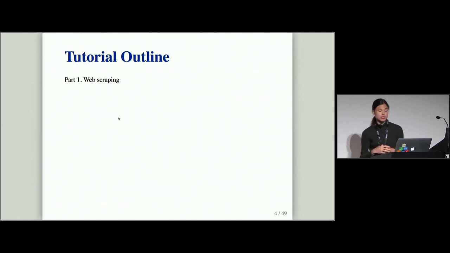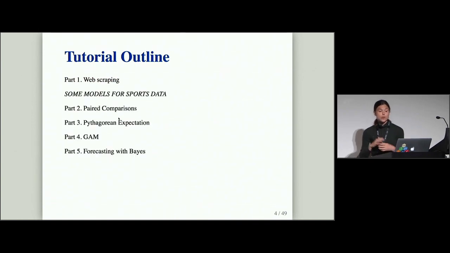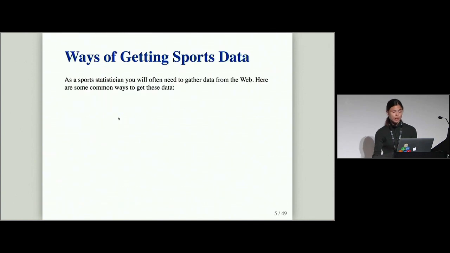So those parts are starting first, we're going to talk about web scraping, and I'll show some specific examples of the kinds of sports data that you can scrape and methods available in R to do that scraping depending on the types of data that we're accessing. And then the rest of the tutorial is going to focus on several types of common models used with problems in sport. And there's going to be 4 different types of models that we'll go over. So it should cover quite a good range of common models used in sport. So to get started,